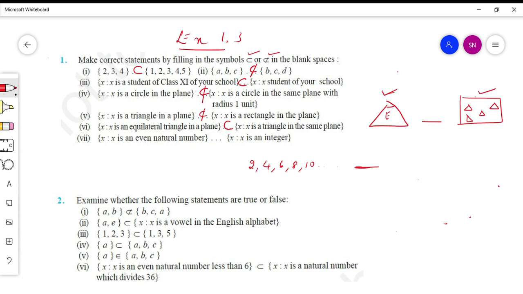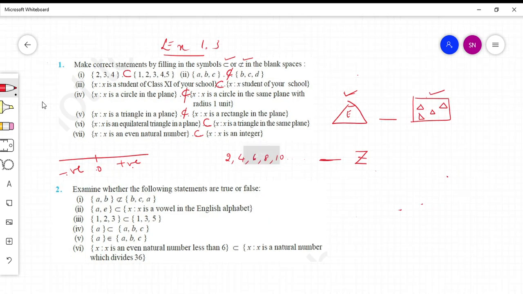Whenever you talk about integers, always remember the real number line. In our real number line, what do you have? We have 0, we have positive numbers, we have negative numbers. The same concept applies for our integers. So integers have negative numbers, positive numbers, 0, which means that becomes a bigger set. Please understand that integers are denoted by capital Z. So obviously, even numbers can be derived from the set of numbers which includes positive, negative and 0. Therefore, obviously this is going to be a subset. I hope this concept is clear.